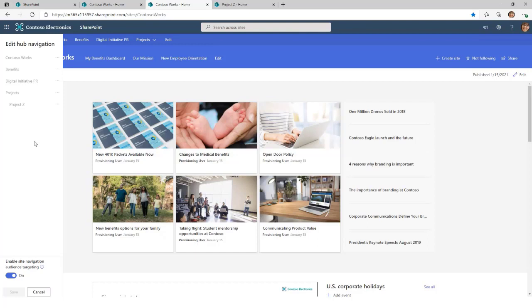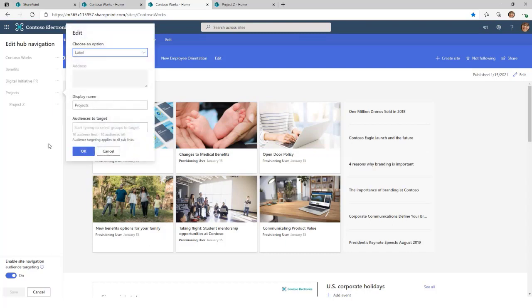So the sites behind these links might be accessible to everybody. They just might not be relevant to everybody. And we want to keep our navigation clean. And what allows us to have more links in there is if we target them to those who are relevant. We have global links that are available to everybody, but this projects area, it could be the link that I want to hide, or it could be the whole section. So if I edit the project label,